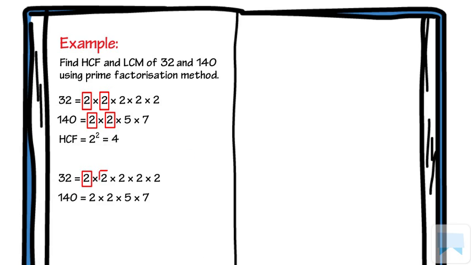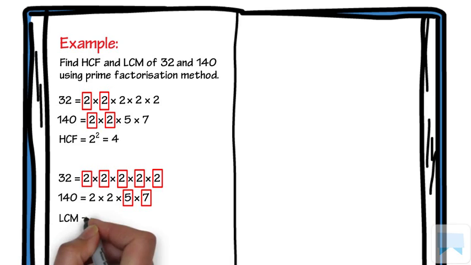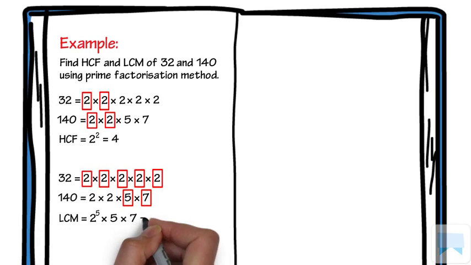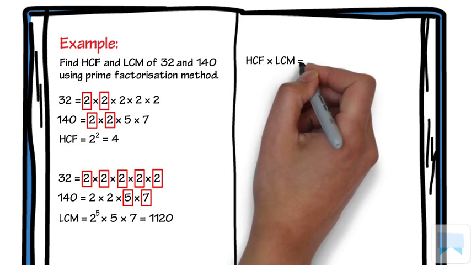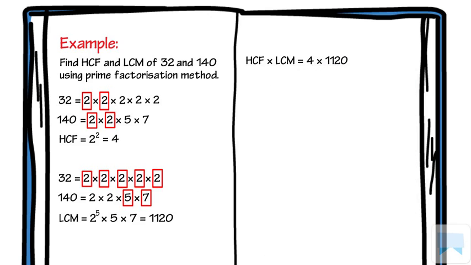LCM is the product of the greatest power of each prime factor involved in the numbers. Thus, here LCM is equal to 2 raised to the power of 5 multiplied by 5 multiplied by 7, which is equal to 1120. Thus, we have learnt the method of calculating HCF and LCM using the fundamental theorem of arithmetic or prime factorization method. Now, in this example, if we calculate the product of HCF and LCM, that is 4 and 1120, we get